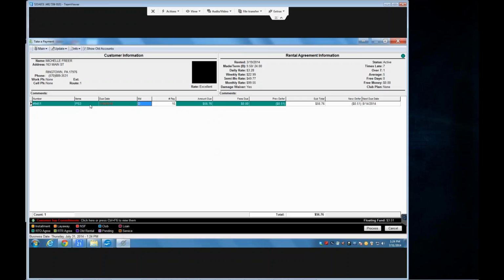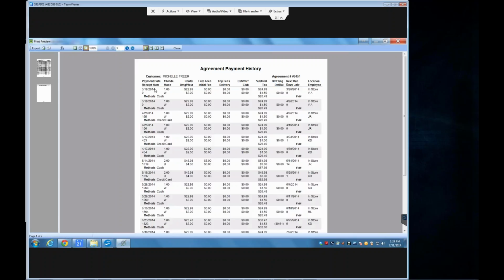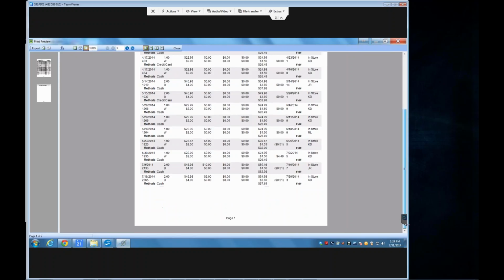So if there were 3 or 4 items here, I would click on the item I want the history for, and then I'd do payment history. Now, what this shows me is the payment history for this particular item. And again, like I said earlier, it shows from oldest to newest, so I have to go down to the bottom. And I can see on July 19th, this customer paid 2 biweekly payments,